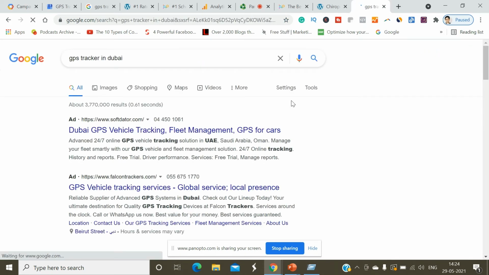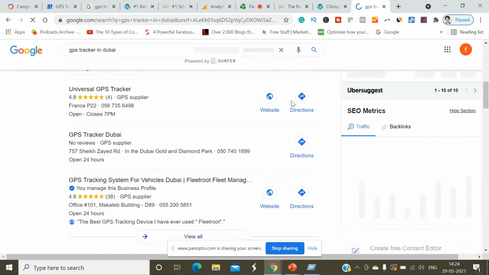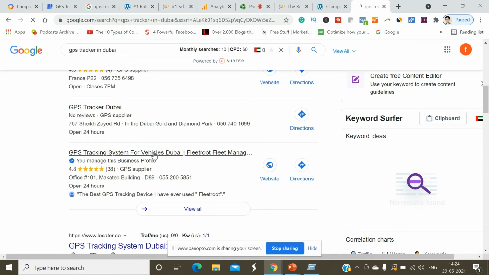GPS tracker in Dubai. Okay, so see, basically we have integrated in the business title GPS tracker in Dubai. Our target keyword was GPS tracker in Dubai. So we try to use a key phrase, like GPS tracking system for vehicle in Dubai. Okay, so this is how we have done it.